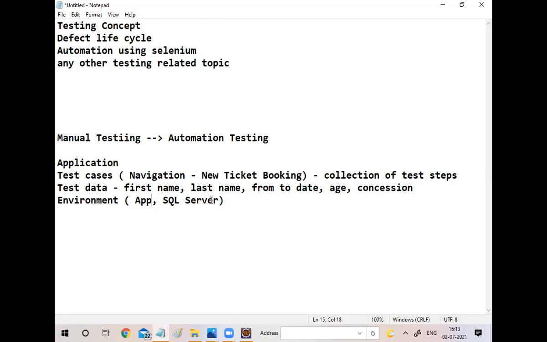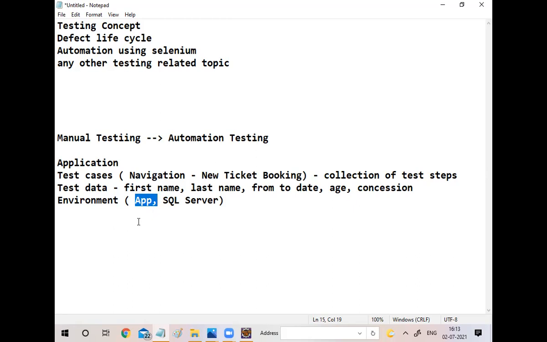But IRCTC will test the particular application or site with different application and SQL environments. What do you mean by application environment? They are using different app servers, Windows server, Linux server, Mac server. They will be deploying the application.